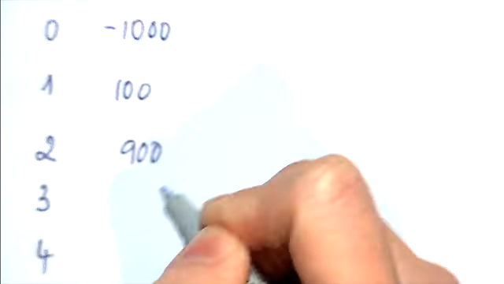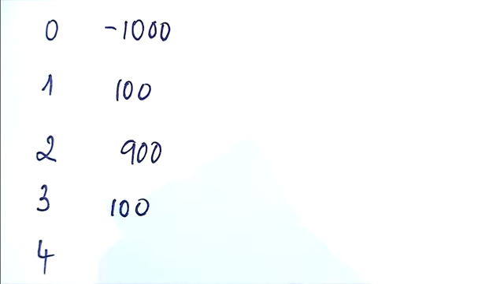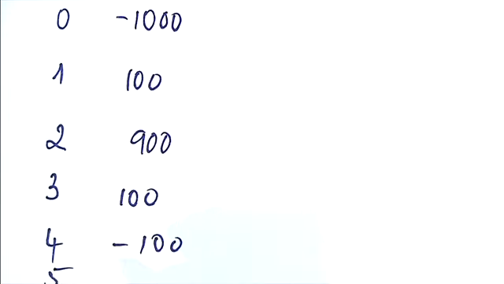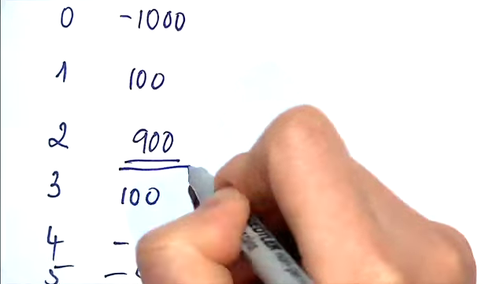So we have project A. Okay? We have project A. Year 0, 1, 2, 3, and 4. Can you see that? Okay, just do that here. So minus 1,000, 100, 900, 100, minus 100, and number 5, minus 400. Is it enough? Okay, so what we are saying is that by the end of year 2, we are going